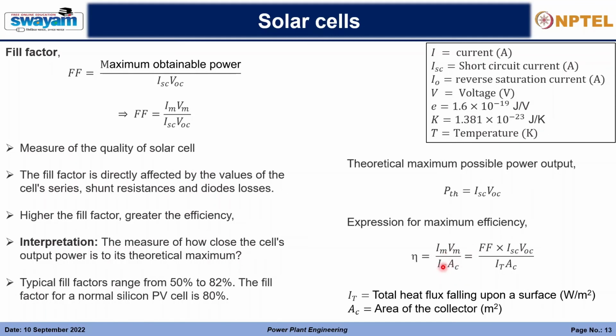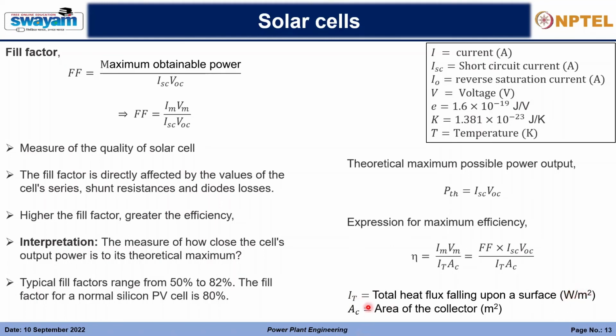So what is IT? IT is the total heat flux falling upon a surface. So when we indulge in all this electronics, electrical thing, let us not forget our base. From where are we deriving this electricity? The current we are deriving is from the heat flux which is falling upon the surface, the solar cell, right? The heat flux from the sun, or the total radiation which is falling upon this cell. So that is the heat flux, denoted as IT, which has the units watt per meter